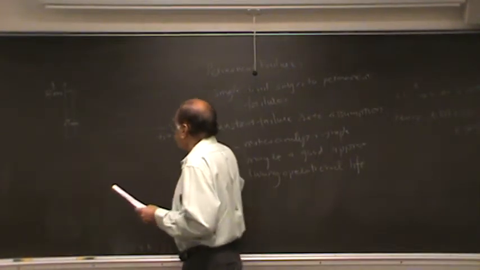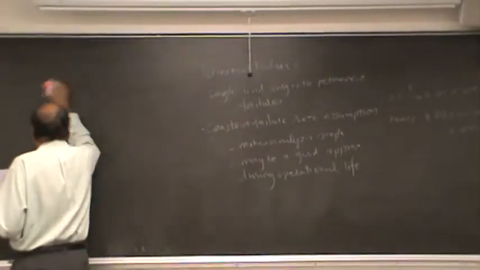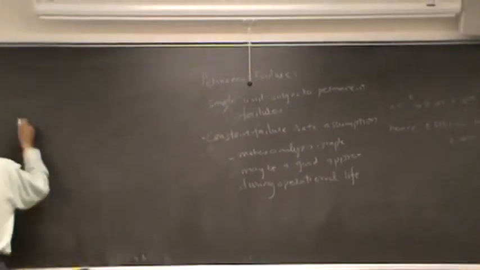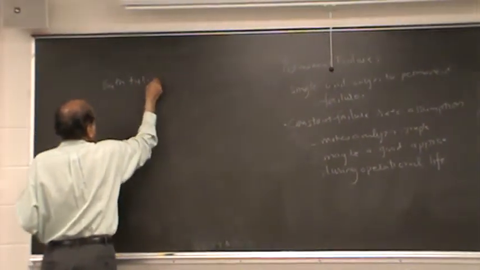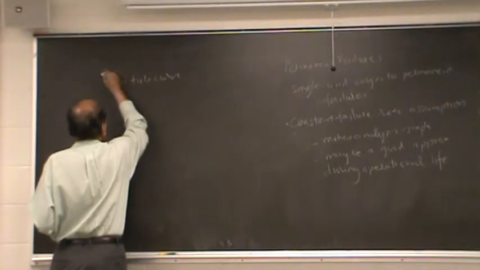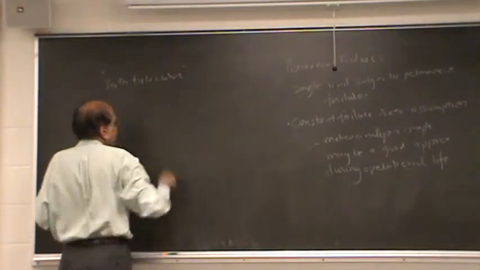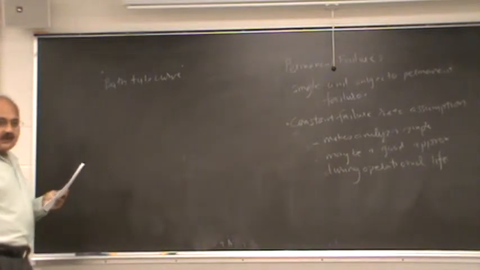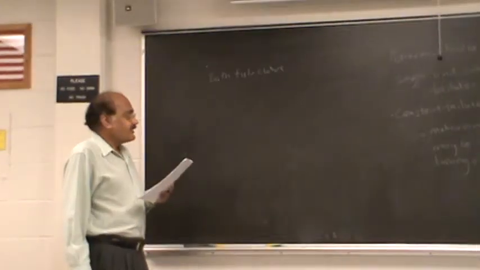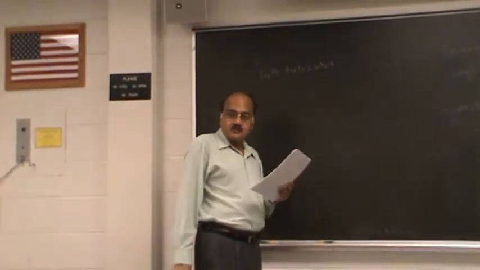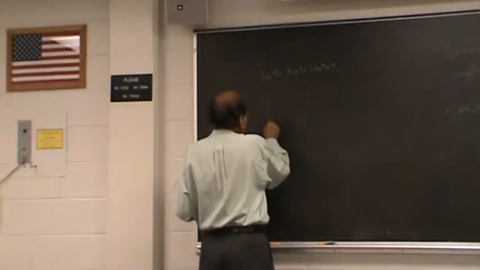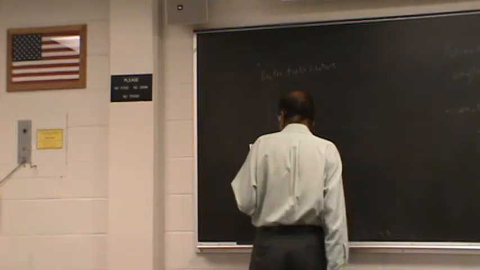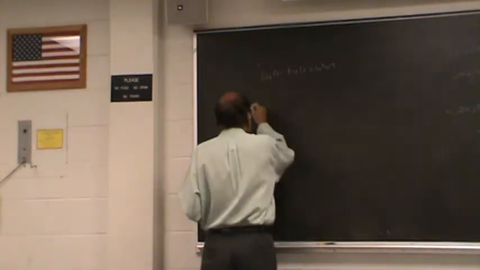Now let us look at the classical bathtub curve. The bathtub curve, I should mention, is a rather controversial idea, and I will mention why. The idea is that the failure rate of a typical unit, here's the failure rate,